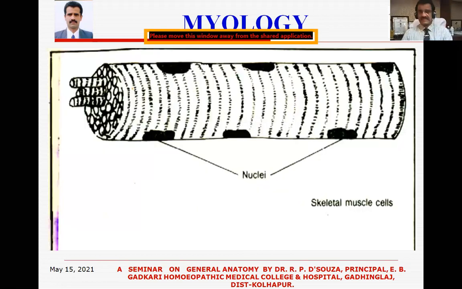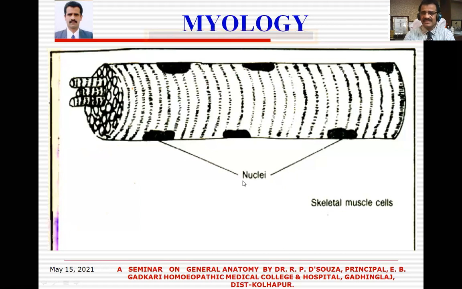Well, if you look at this image, you will see one skeletal muscle cell. It is elongated and cylindrical. It has numerous peripherally placed nuclei. They are all at the periphery of the muscle cell. The muscle cell will have myofibrils, and then it will have myofilaments, actin, myosin, and so on. Those structures we are going to study today.